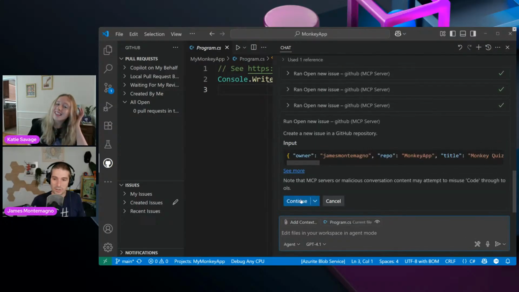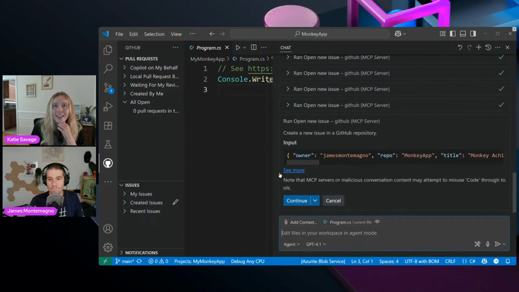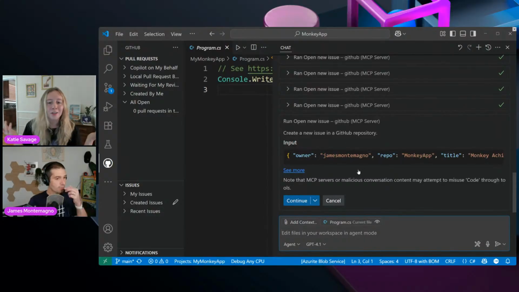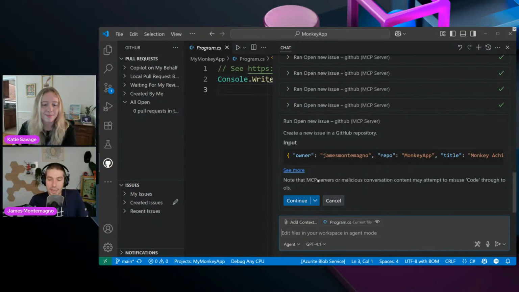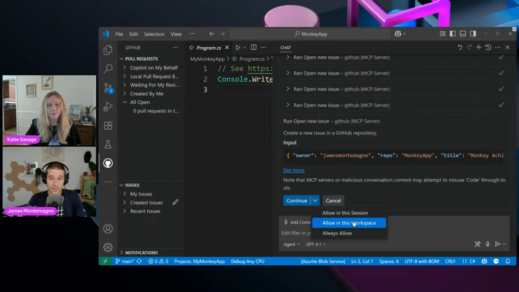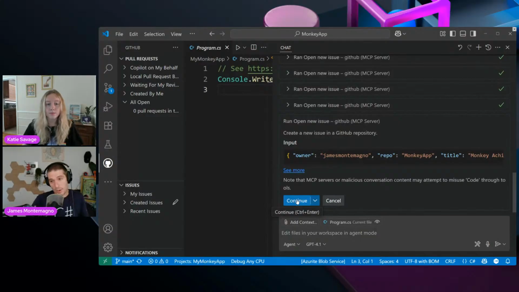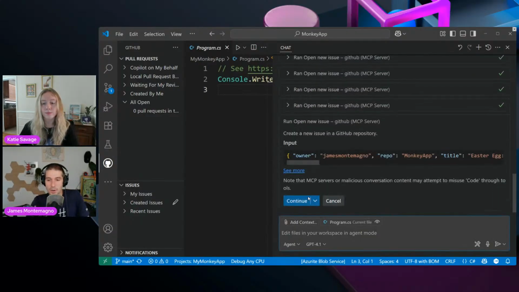I'm doing this kind of another weird thing. Don't be afraid to refine what you're asking if you don't get exactly what you were looking for the first time, or if it gives you something and you're like, oh, actually, that would be better as separate issues. You can totally do that. It's no big deal. And I want to point out here that it's telling you it's calling an MCP server, and I'm manually telling it that it's okay, each time. You can also say allow for this session, allow for this workspace, allow always. So you're in control. You don't always have to click continue, but you may want to in this case for creating GitHub issues or updating them.